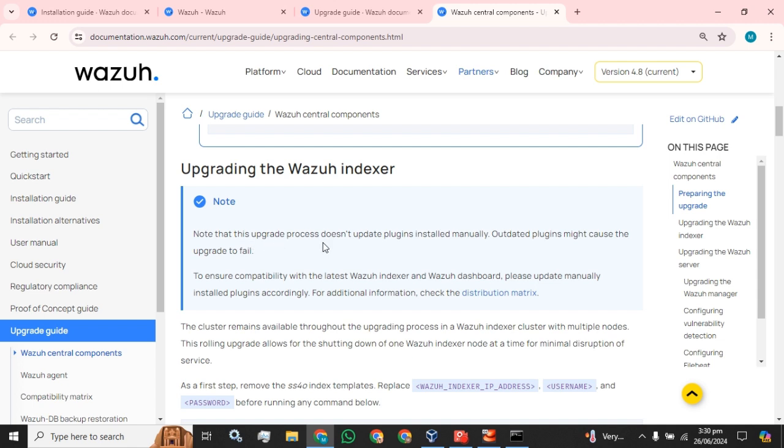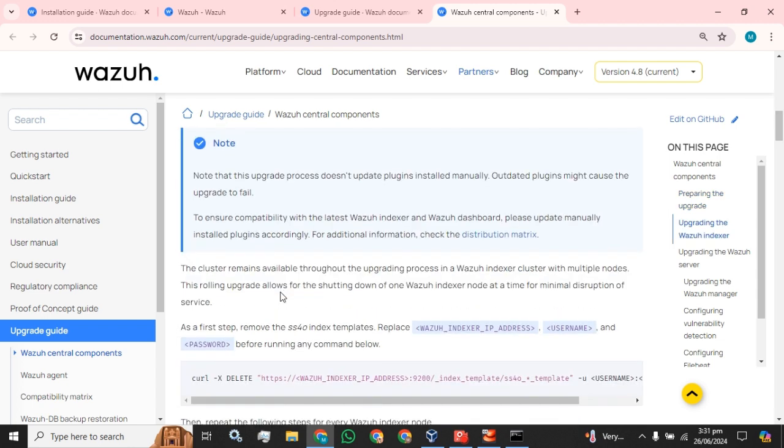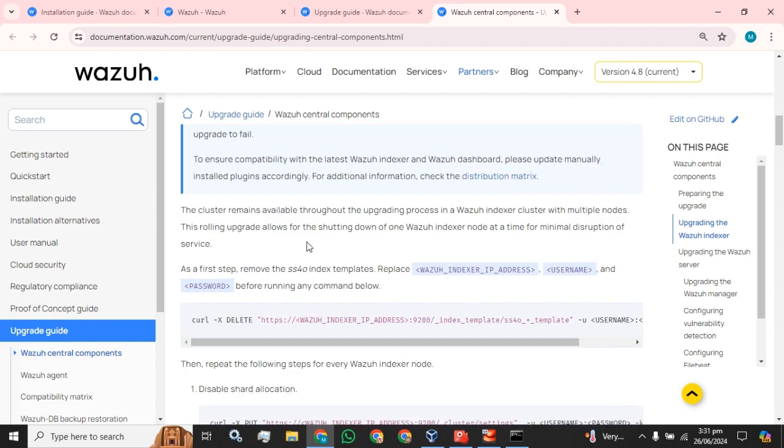Note that the upgrade process doesn't upgrade plugins installed manually. Outdated plugins might cause the upgrade to fail. To ensure compatibility with the latest Wazuh indexer and Wazuh dashboard, please update manually installed plugins accordingly. For additional information, check the compatibility matrix. I haven't installed any plugins yet because it's a fresh installation, so I am going to follow these steps available